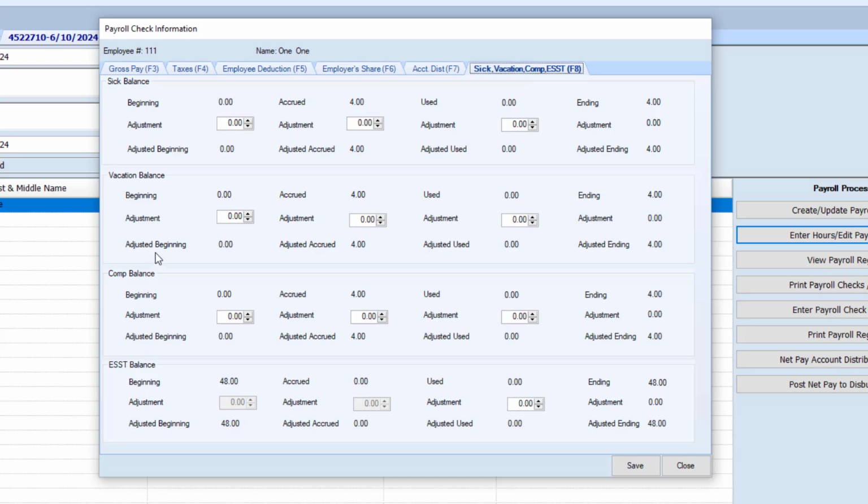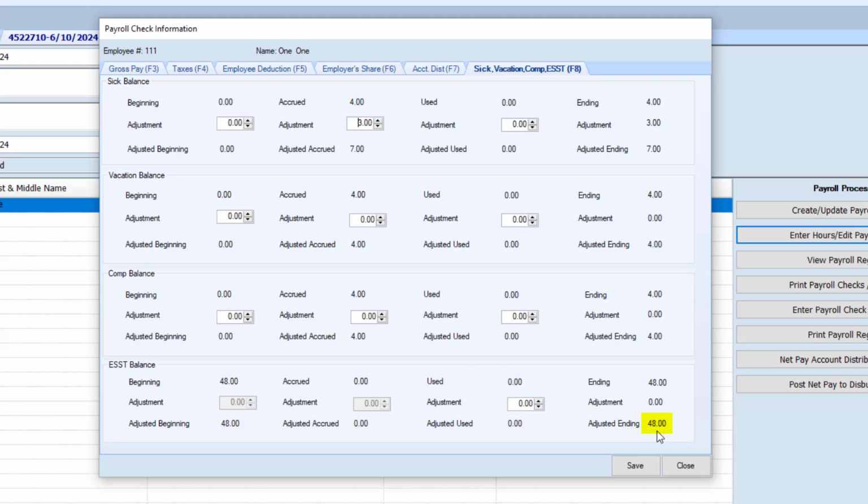If this employee had actually earned, say, 7 hours of sick time, I would go to the accrual adjustment and I would just increase this by 3 hours, bringing their ending balance to what they currently have, 7 hours. This will work in all the adjustment categories. As you can see, this employee had the annual accrual, so they already have 48 hours for their balance. So their ending balance is correct.